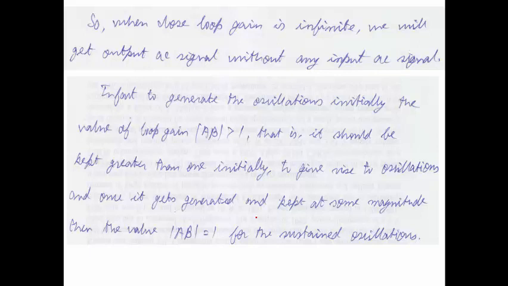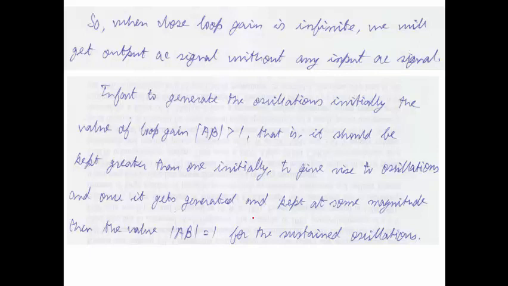So initially we would like to keep the loop gain A beta greater than 1, and this will amplify the oscillations to a great extent. Initially the noise voltages are of very small amplitude, and as time progresses, we try to get the amplitude much bigger,